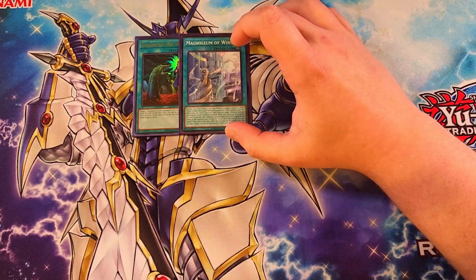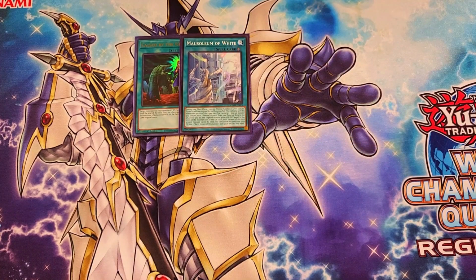Mausoleum of White is actually really powerful in this deck, so we can actually search out the new Blue Eyes Link monster, which is really crazy. And this card actually has a really cool ability that during the main phase, you can actually normal summon 1 level 1 light tuner in addition to your normal summon or set, which is great, making Black Metal actually the best normal summon in this build, because you can basically normal summon out your copy of Black Metal,